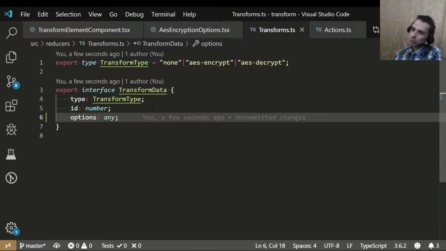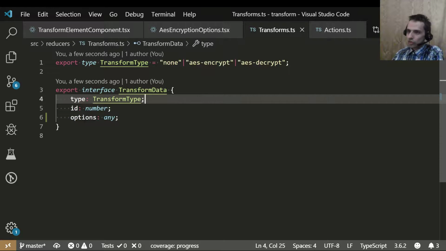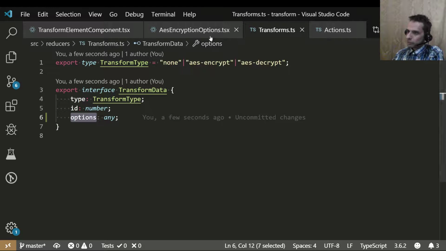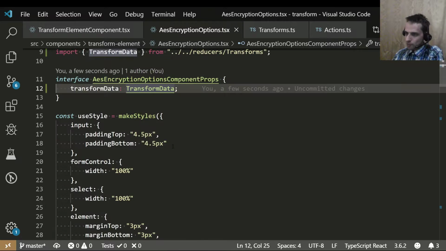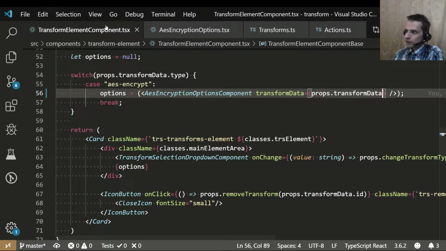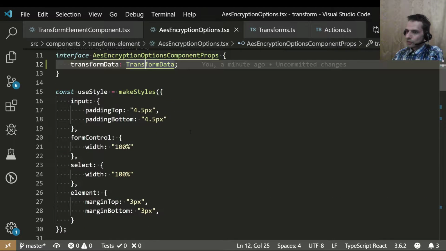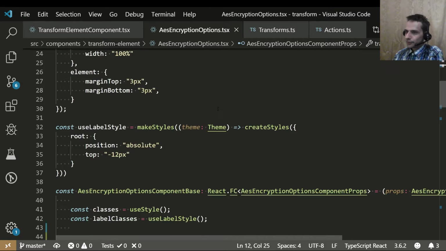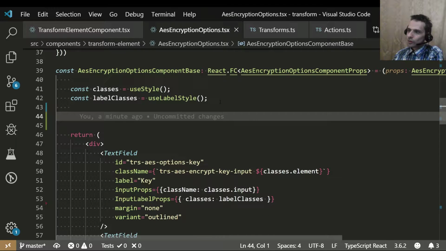I don't want to really get into typing hell, so I will just use any type for options. So okay, now these options, transform element component. Okay, so these options we will use here